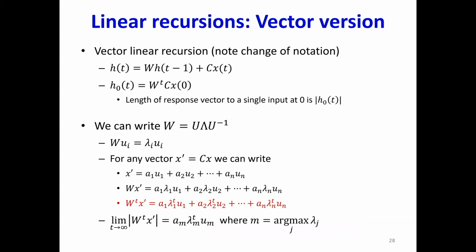So I can write the same thing in vectors. This was for scalars. Now there's a lot of math on the screen, but let me try to simplify it, so ignore what's on the screen, and maybe we can do it on the board. As always, I'm going to run out of time. You guys are incredibly patient. So I can take any matrix W and I can write it as U lambda U inverse.